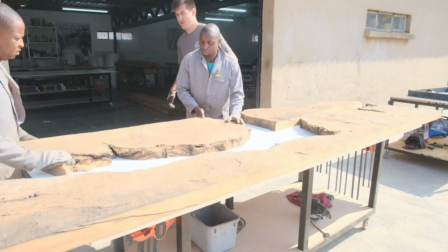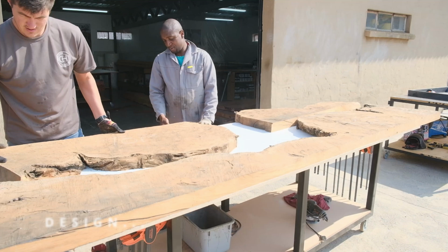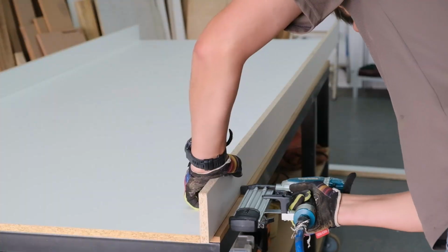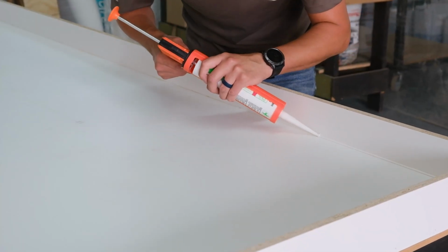And when you're going to start preparing and building your mold for your table, you need to make sure you build it bigger lengthwise and widthwise. And always remember the side panels you put up for your table needs to be slightly higher, because when you're going to pour the epoxy, that is not going to leak out. Tip number 3,